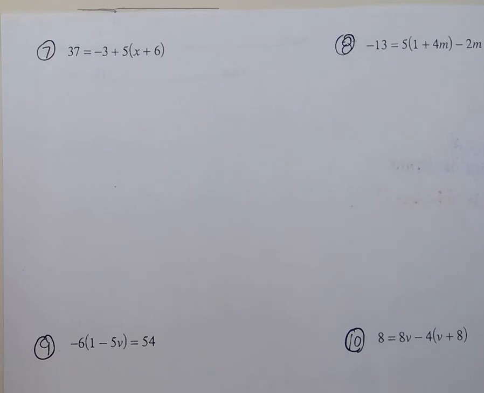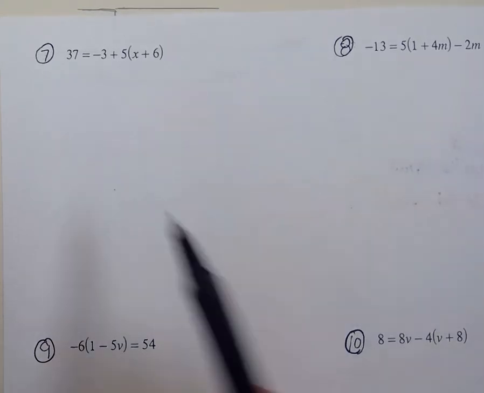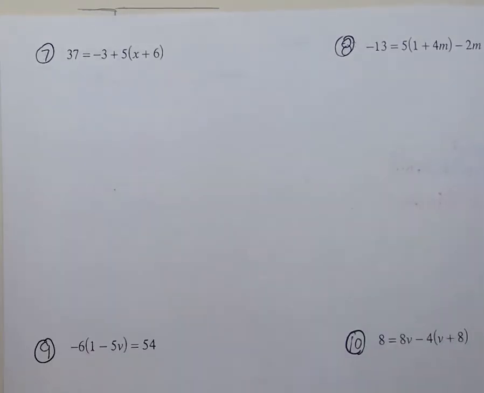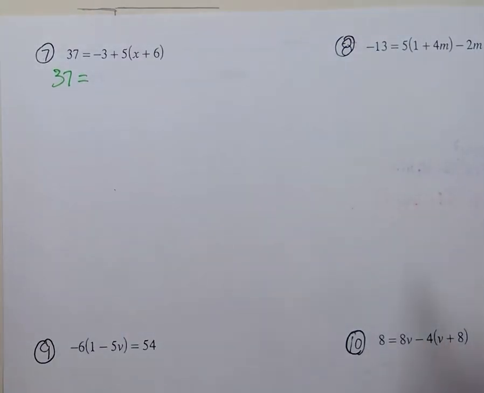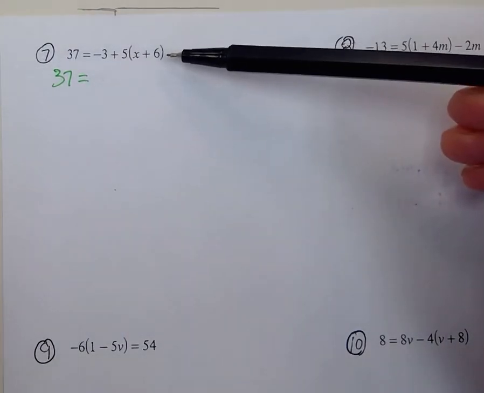Looking to see if we can simplify. So looking for simplifying first. On the left, I have 37. Nothing's going to change there. I can't really do anything there. Now on the right,